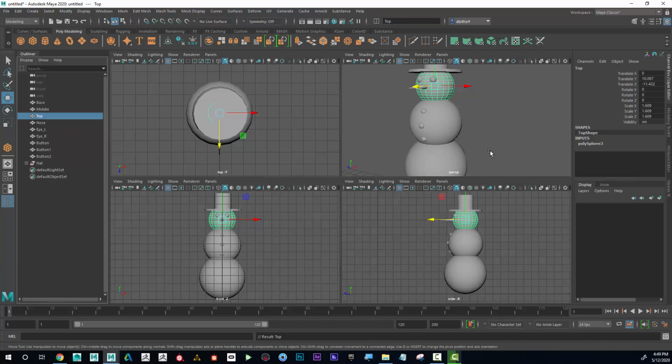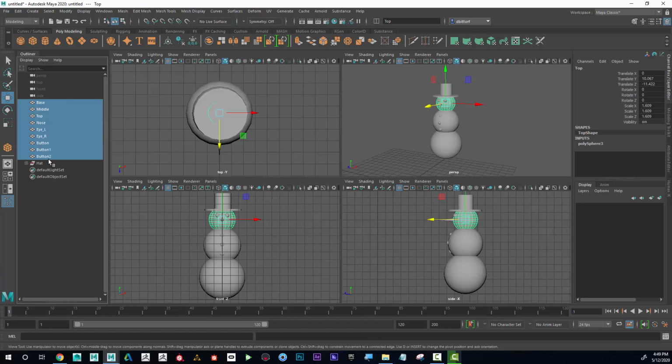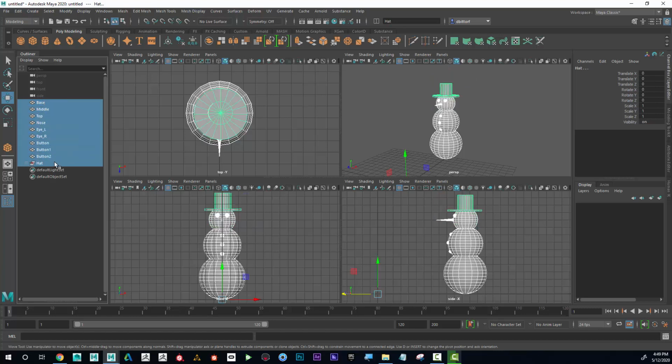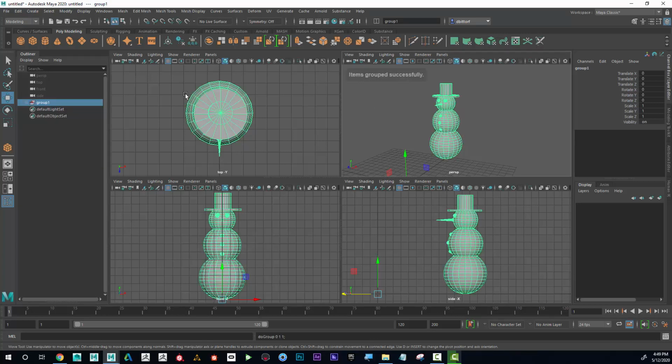Okay, awesome. And now what I could do is I could select all of this. So I just click and drag down. And you can see that it selects everything in the scene. And I can hit Control G to group it. And I'm going to name this Snowman. Enter. Okay, great. So now if I click on the plus sign, I can see that I can still select